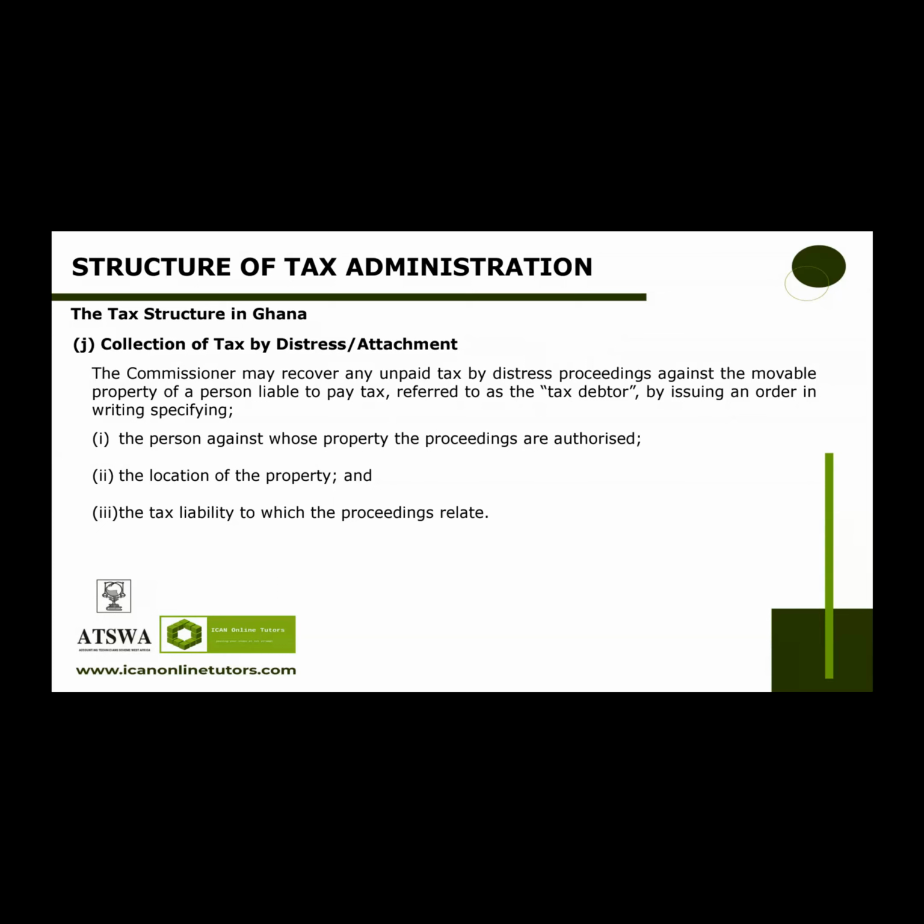Please note that the commissioner may require a police officer to be present while distress is being executed, and the commissioner may at any time enter any house or premises described in the order authorizing the distress proceedings to execute the distress. Any property distrained shall be identified by the pasting or hanging of a piece of ribbon or cloth determined by the commissioner to or on a conspicuous place of the property.